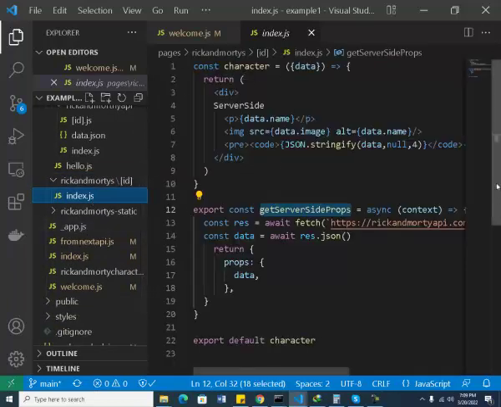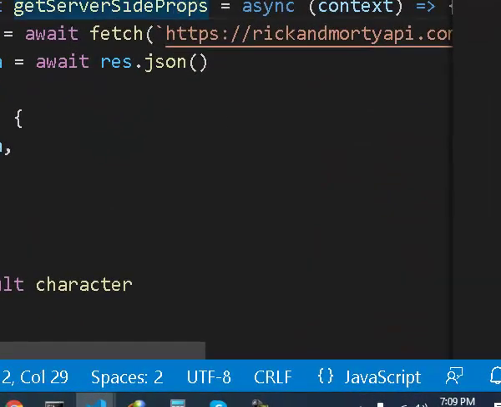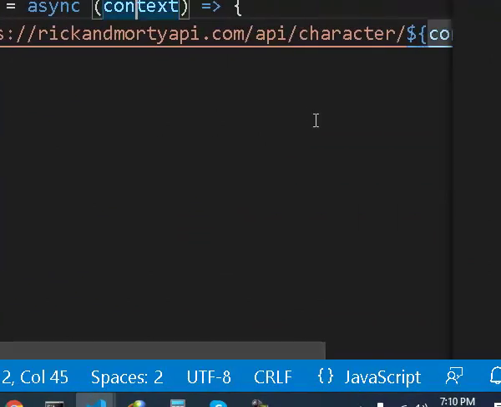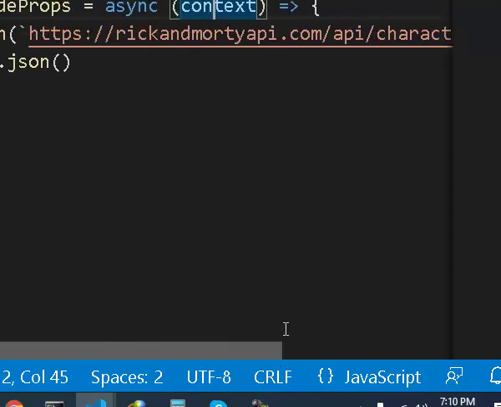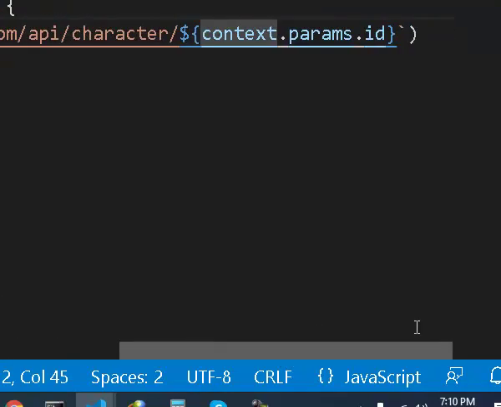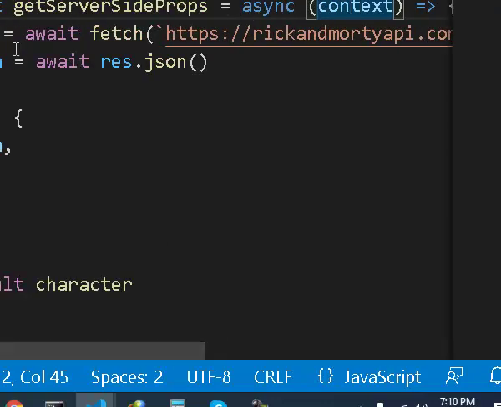This is the function for server side props. This method is very simple. This function is an asynchronous function, with context. If you click on the data, it will take the id and fetch the particular id and convert it into JSON, and finally get the data. So this is the server side